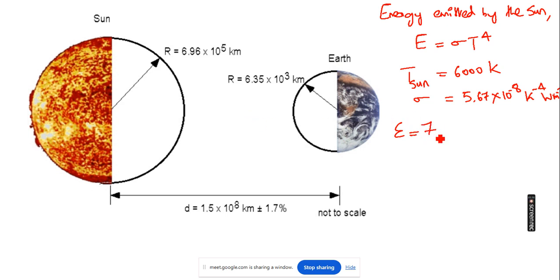I'm getting a value of around 7.34 into 10 raised to 7 watt per meter square. This is the energy emitted by the sun per unit area. Now if you want to find the total energy emitted by the sun,